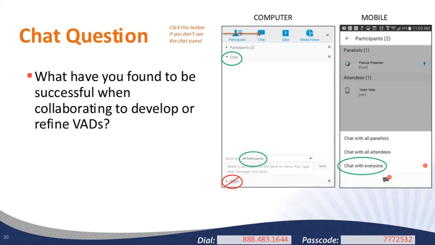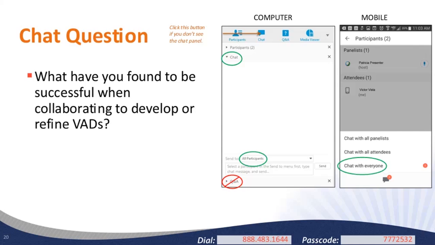Excellent. So Christina does one-on-one meetings with her supervisors so that they understand the agency and the potential of the project, giving them ideas from other successful projects. These are excellent, you guys. And then Michael, it's important to train the sub-sites. They don't often agree with the original VAD if they come into the process late. So again, that theme of buy-in with your sub-sites. These are great, you guys. I'm going to go ahead and move on, but if you have other ideas that come up, feel free to put them into chat.